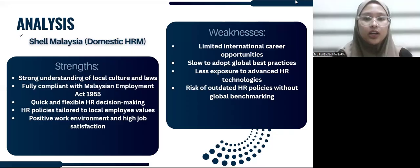They also follow the Malaysian Employment Act 1955 closely, which helps in creating policies that meet local employee expectations like job security and respectful communication. As a result, this contributes to a positive work environment and high job satisfaction. So this is for strengths, and for the weaknesses, the downside is that Shell Malaysia may offer fewer